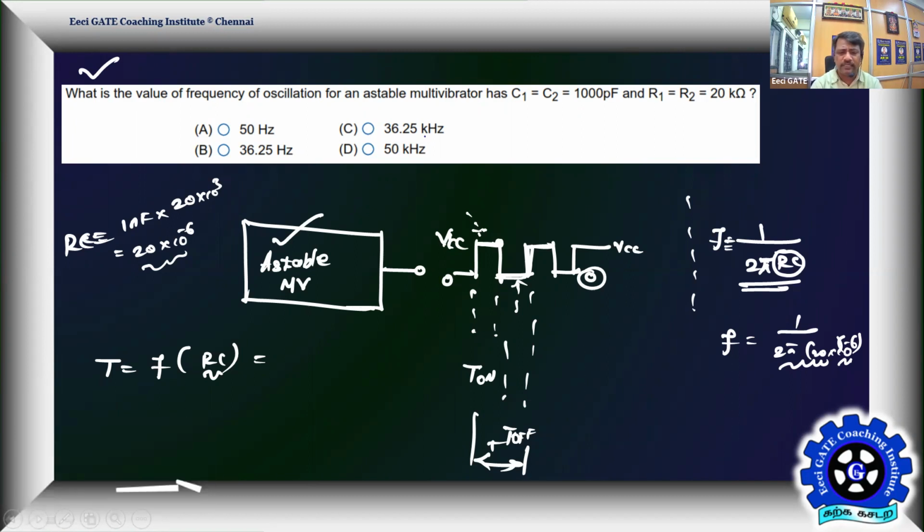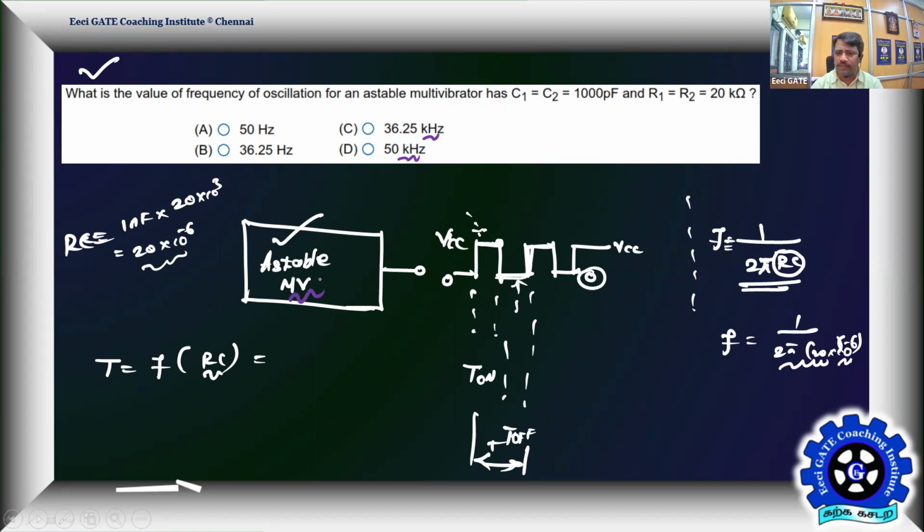So we have two options in the order of kilohertz, but still we don't know the connection. If there is only one answer in kilohertz, preferably people can go for that, but I don't suggest that way. So let us go by the formal, actual way. We'll see what exactly the circuit is, and then I'll give the frequency expression or the time period expression. Then from that we will connect.